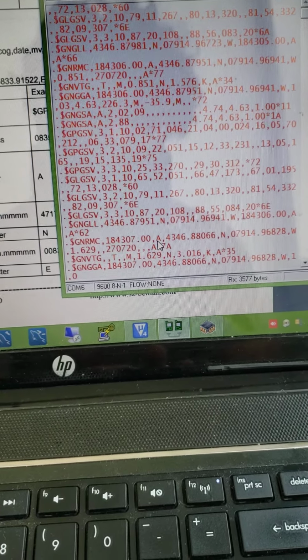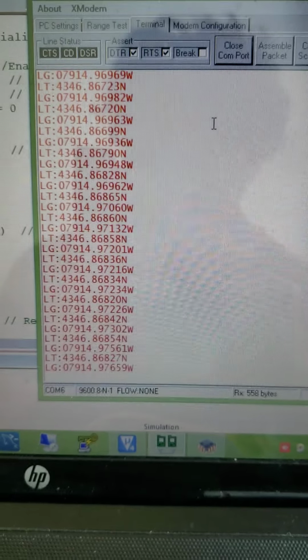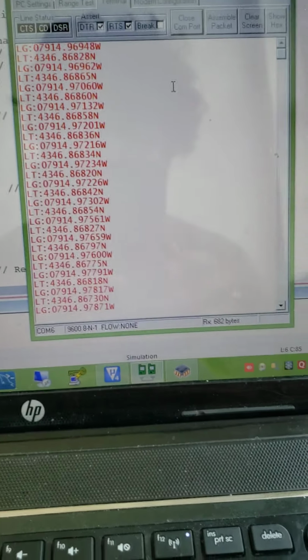Open COM port. And see here, you can see LT means latitude and LG means longitude. As I programmed it to read constantly, it varies a little bit due to the weather, but if we paste the same value into Google Maps, it will show us the nearby location. That's it. Thank you.